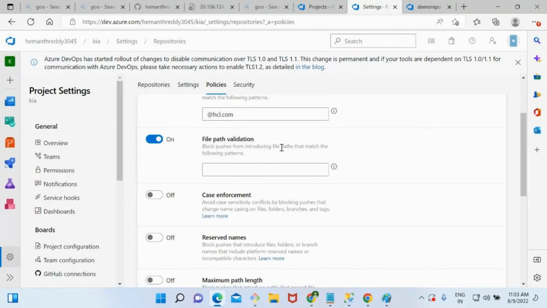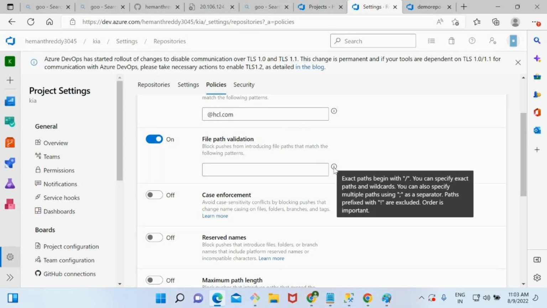Block pushes from introducing the file paths that match the following pattern. Here, this I symbol is there, right? This is called a tooltip. So if you click on this, it will give you a helpful message. Expect the path begins with slash. You can specify the exact path and wildcards. You can also specify multiple paths using this quotation mark, like what do you call that symbol? Inverted comma. No,